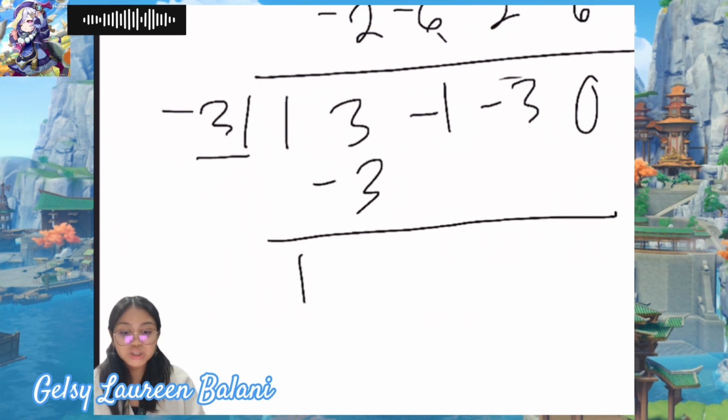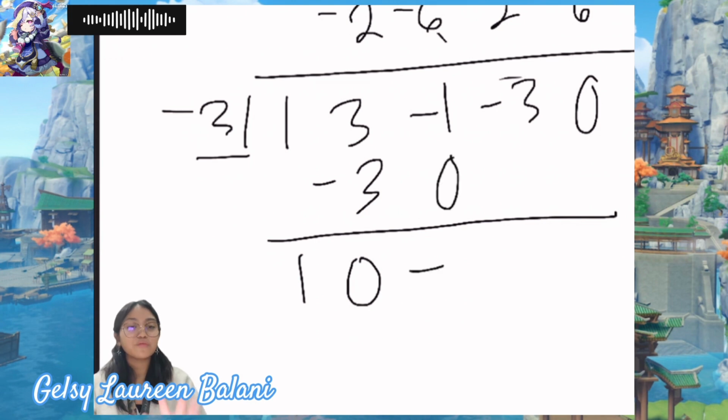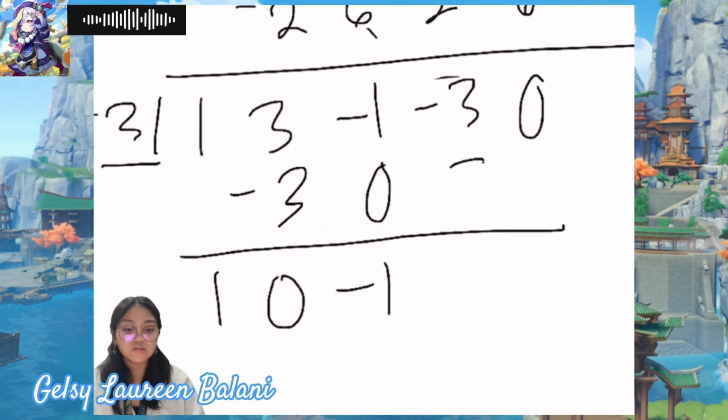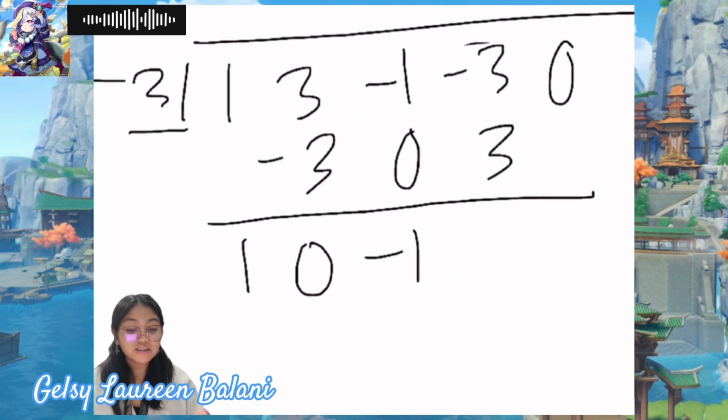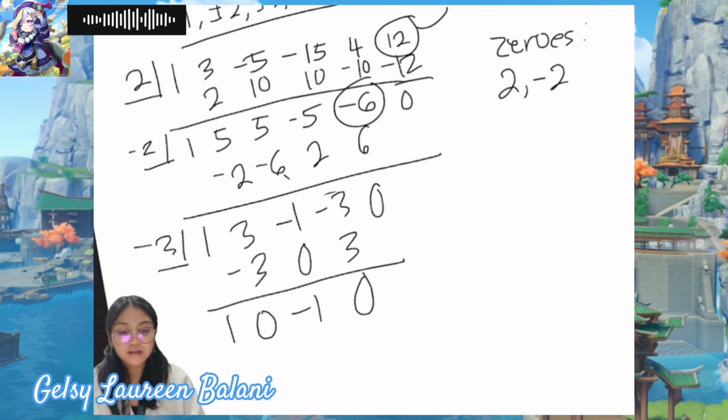3 plus -3 is going to be 0. 0 times -3 is 0. Bring down -1, since -1 plus 0 is going to be -1. -1 times -3 is going to be positive 3. So -3 plus positive 3 is going to be 0. Now we have